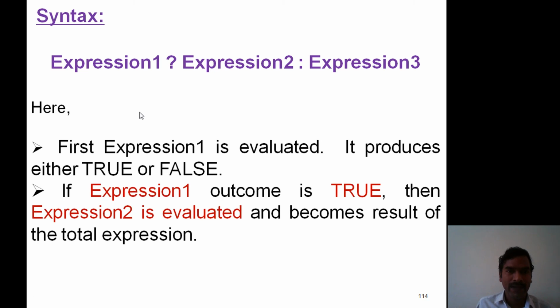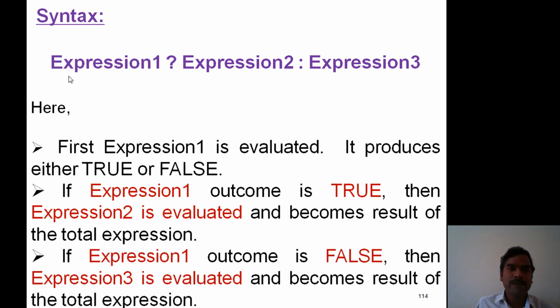If the expression 1 outcome is true, then control reaches expression 2. Expression 2 is evaluated and becomes the result of the total expression. At this stage, expression 3 is not executed. It is skipped by the compiler.